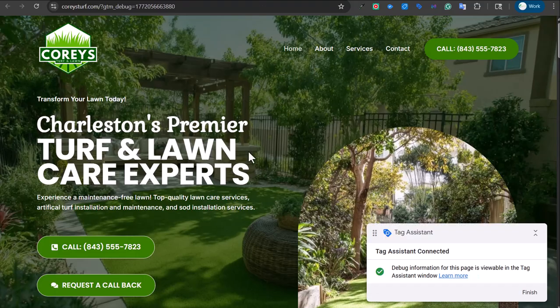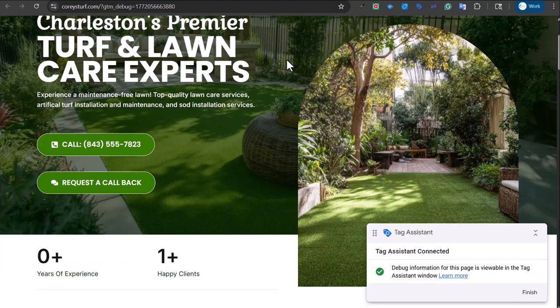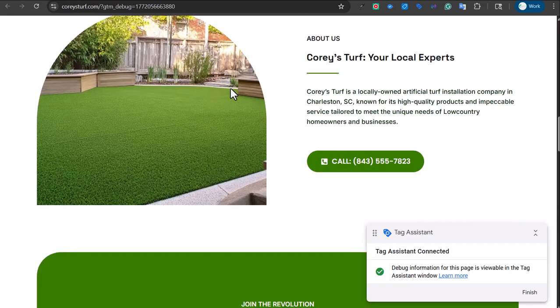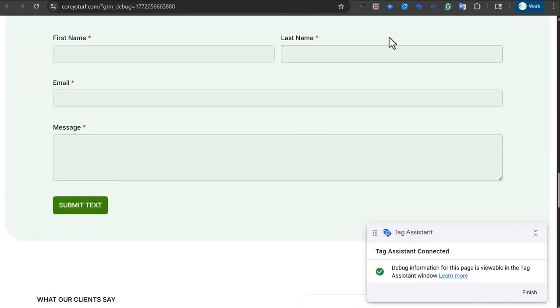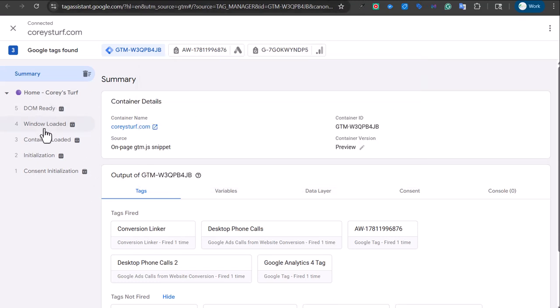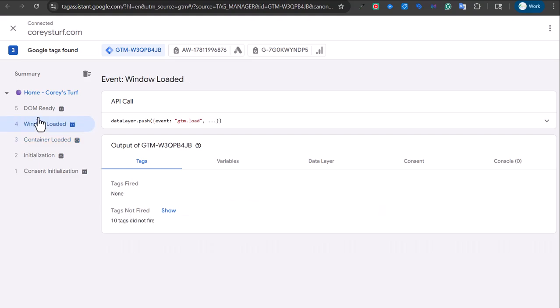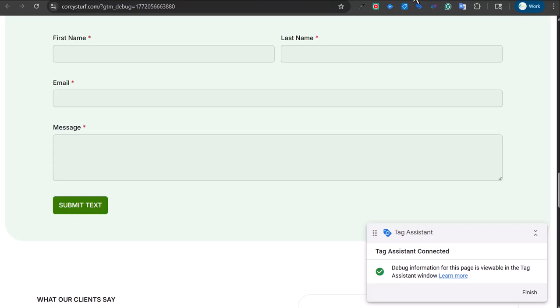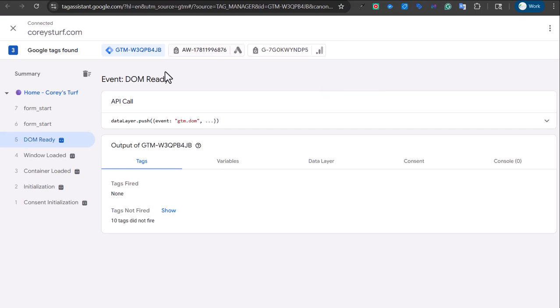And then what we want to do in here is, when somebody actually fills out our form, so what happens when you connect to Tag Assistant, if we come back here, you'll see these are some of the tags that are firing on our website. Tag Assistant will basically show what's happening on the website. This is step by step of everything that's happening on the website. If we come over here, I start doing my form. So test, and we come back, you'll see there is form start,